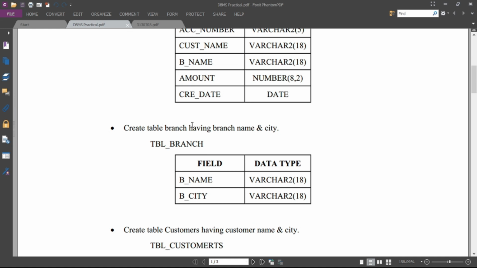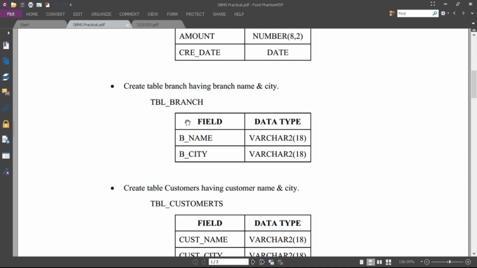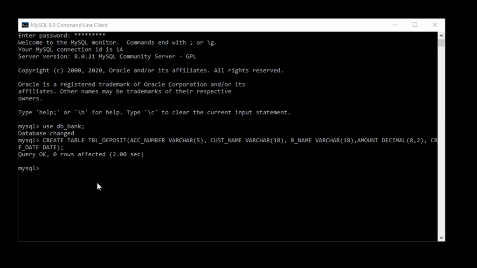Create table branch, having the branch name and the city. Both are varchar, and the size is 18. Now we have to create table 2. Create table branch, having two columns.